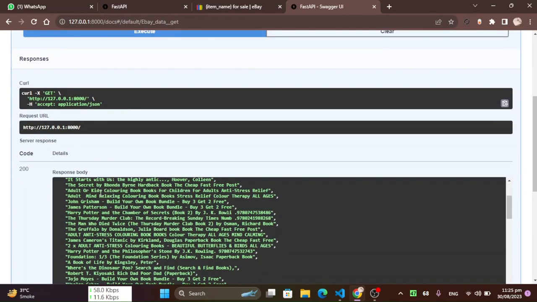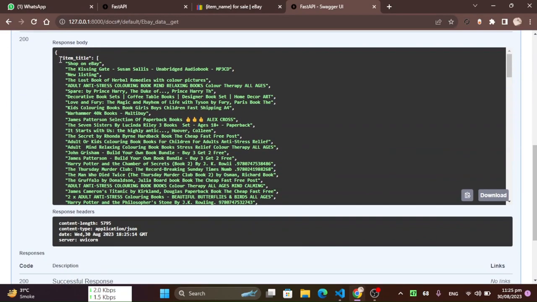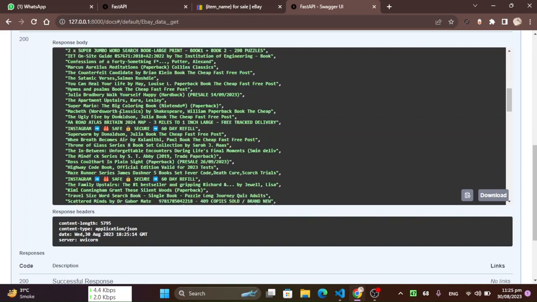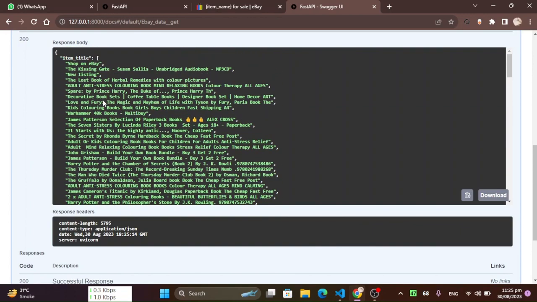Here is the scraped data in the response body. You can see this is the item title and this is the item price. This is the data relevant to books. Shop on eBay, the kissing aid, new listing. This is all about books.